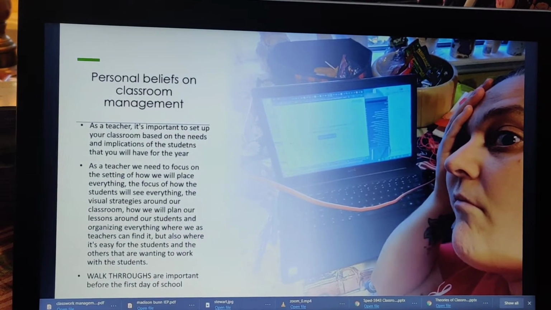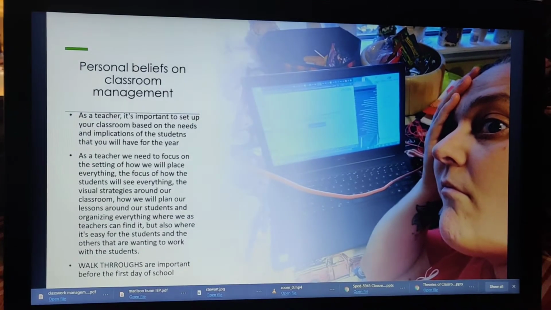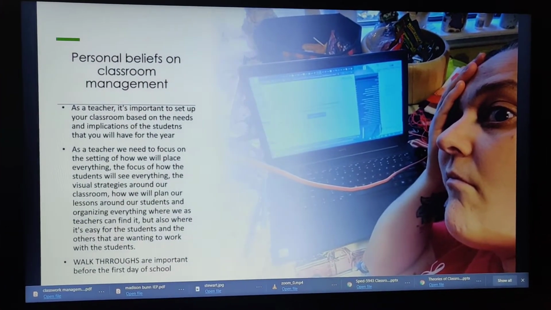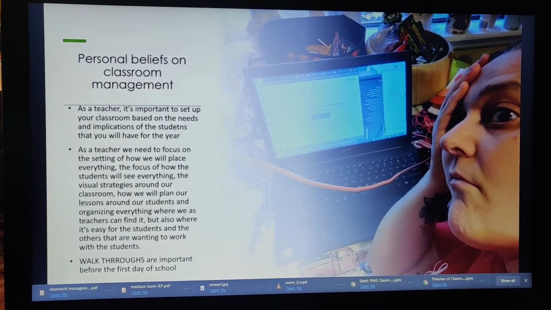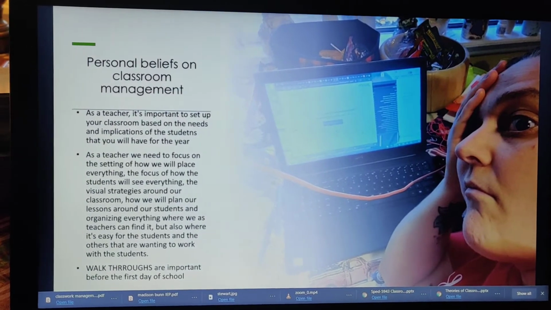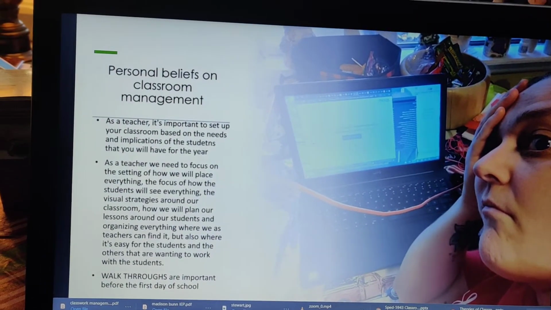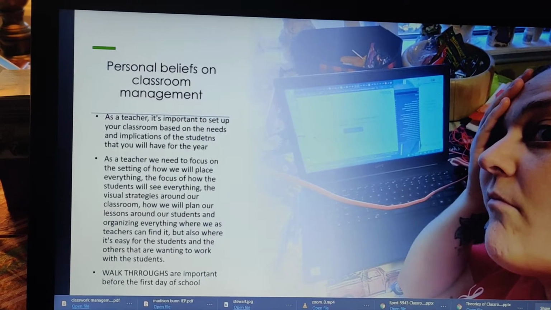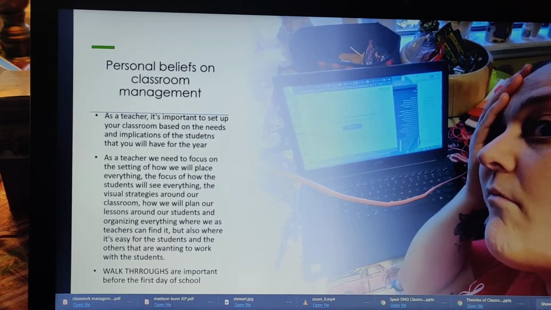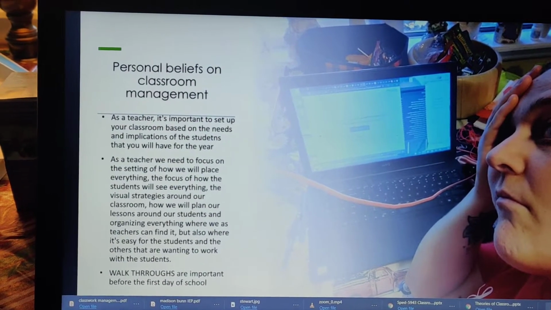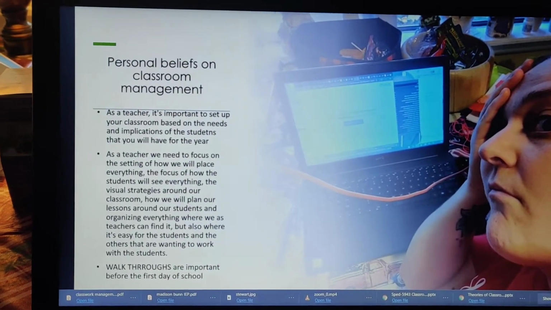of their needs. As a teacher, we know to focus on the settings of how we will place everything in our classroom, focus on the students, so that they will see everything. No matter where they're sitting, they can see their individual seatings, the group seating, the group settings, the visual strategies around the classrooms, the schedulings that they see. Don't place them just in one spot. You have them in multiple settings, their individual settings,